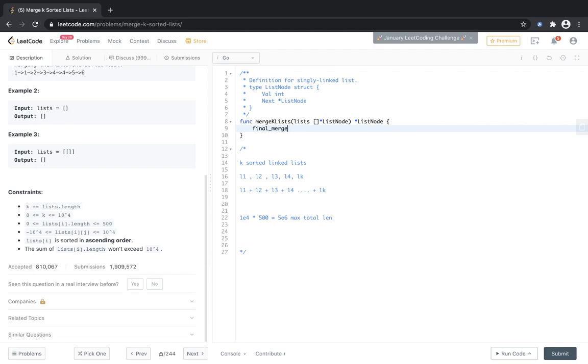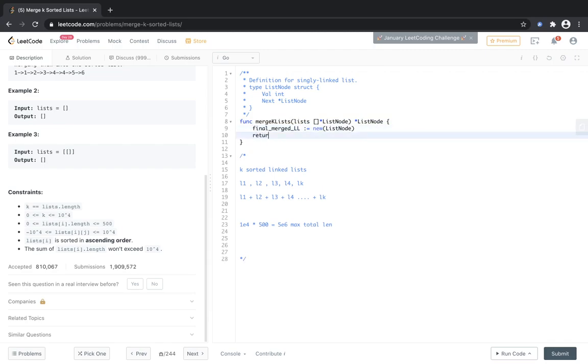So let's call it the final merged linked list, which is equal to nil. In Golang we can also initialize it like this, as a list node. This will initialize a pointer to a list node, which will be the final merged linked list, and we need to return it.